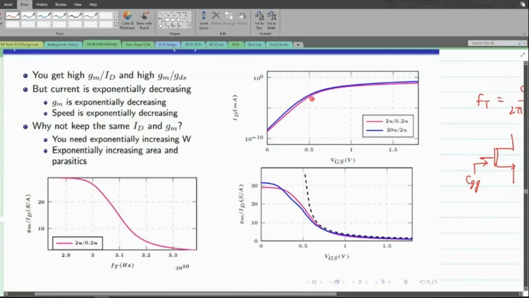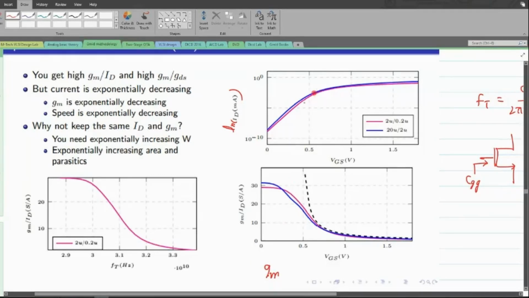Now let us see how it impacts our FT. As you can see, this is my graph that has been plotted on the logarithmic scale. This is the current graph of the MOSFET, and clearly the graph shows that the current is getting degraded exponentially when we move into the weaker inversion region. This means that the GM of this particular MOSFET will also get smaller. We have already studied the importance of the GM, right? We want this GM to always be large.